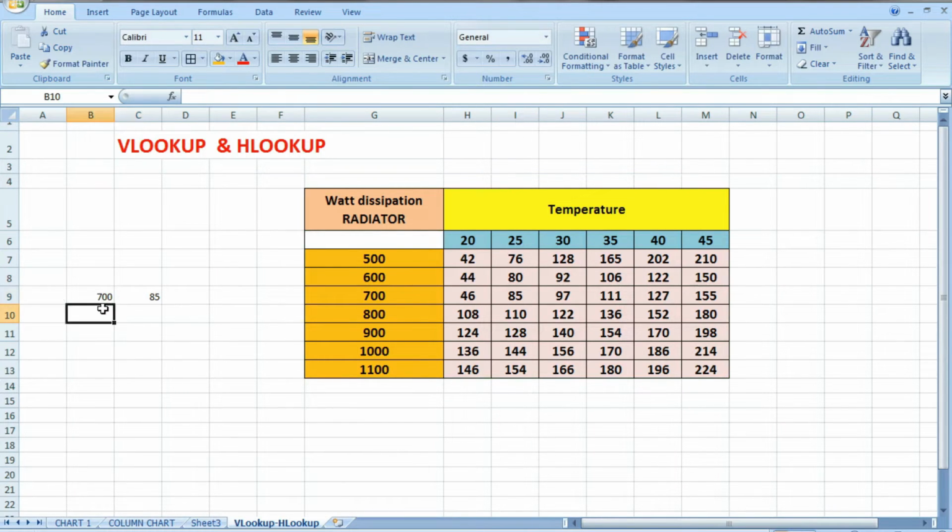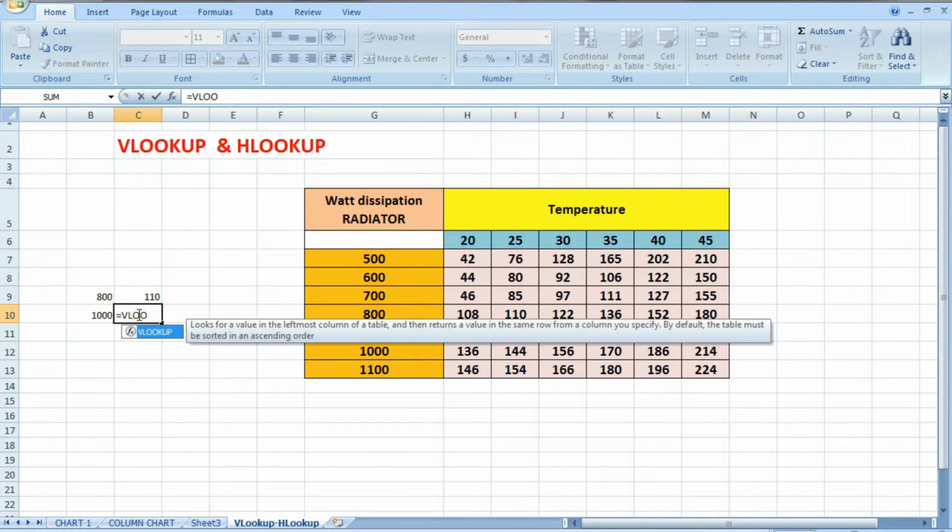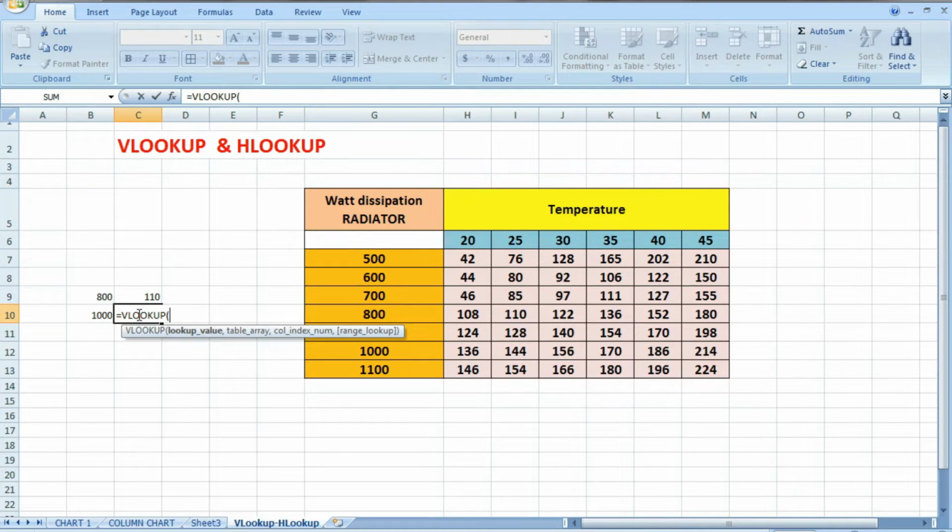Similarly, we can get the value. Suppose this is 800. So at 800 it is 110. Again we want to find out the value at 1000. Equal to VLOOKUP, value is 1000.